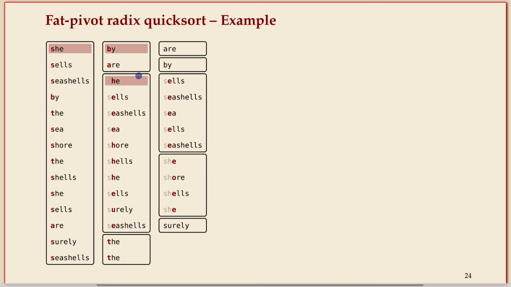So here we pick "she", but we look at the second characters this time. And the second characters of all those strings. Then we'll have quite a few strings that have a second character that is smaller than h. We have quite a few that have h as their second character, and one lonely one that has a bigger character than h. Okay? And so again, we recurse on all the lists that are not just a single element,